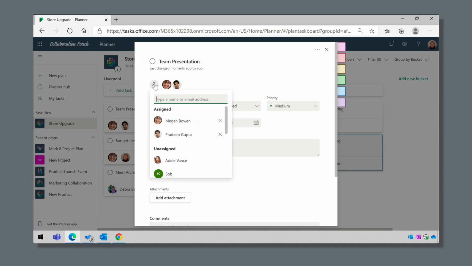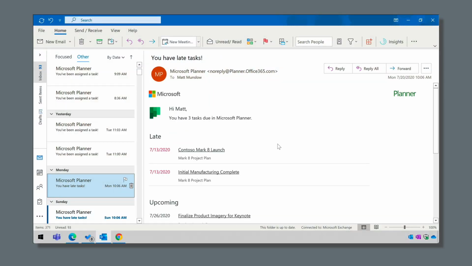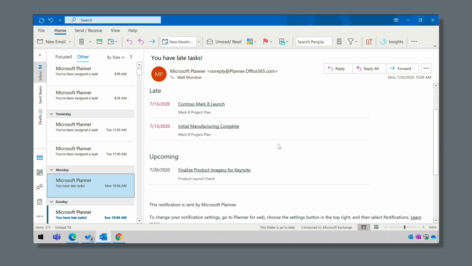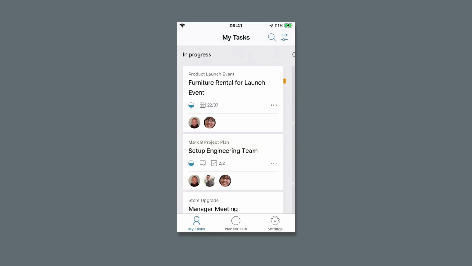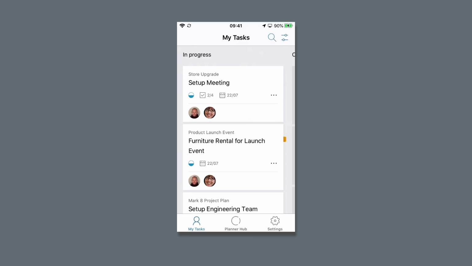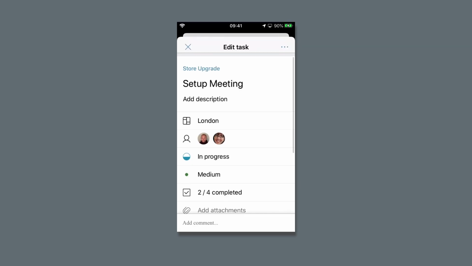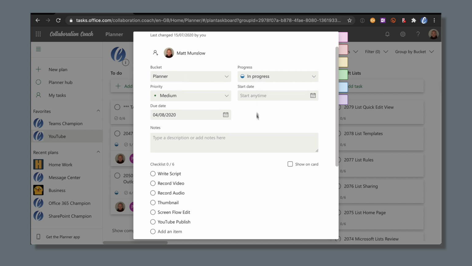In this video, we're going to have a look at how to assign tasks in Planner in the most effective way. As well as assigning tasks, we'll look at how to make sure that people are notified that they have one. And I'll give you some tips on how to find, open and manage the task and make sure that the work is done. We'll also look at how you can use the Planner app on your phone and Microsoft's To-Do app with Planner to make tracking and closing down tasks that much easier. And at the end, I'll show you how we assign tasks in Planner to help us create the videos for